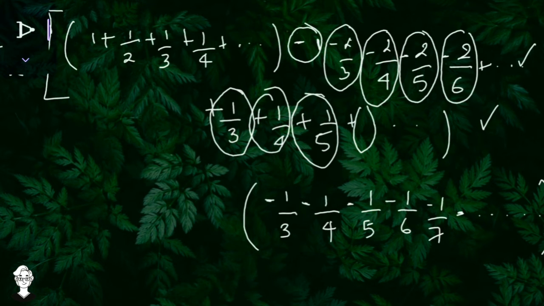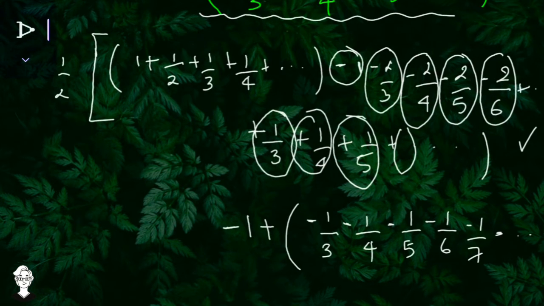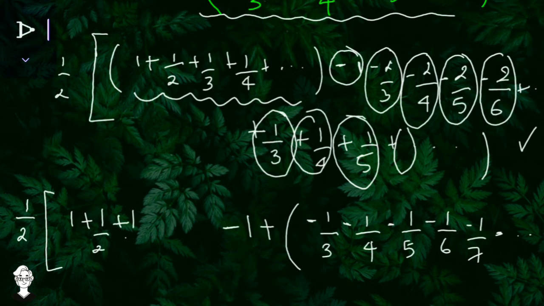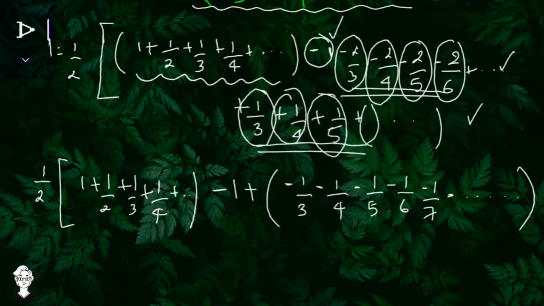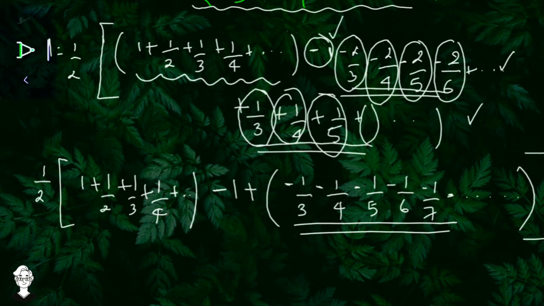Negative 1 is not in multiplication. Negative 1 and plus all these things. And remember, this series was left untouched, and it is 1 by 2 as it is. And it says 1 plus 1 by 2 plus 1 by 3 plus 1 by 4 plus dot dot dot minus 1, that was left over here, and the simplification of this and this I have written inside this bracket.